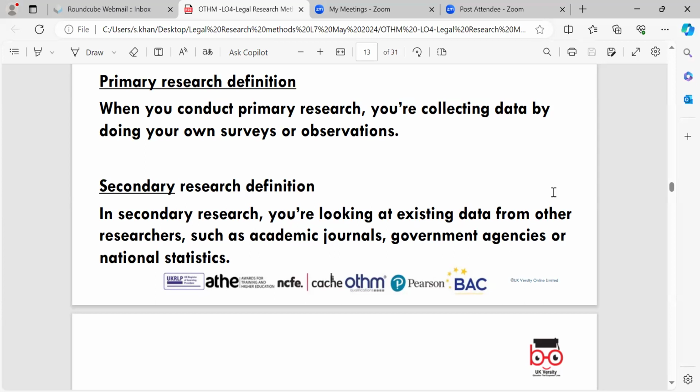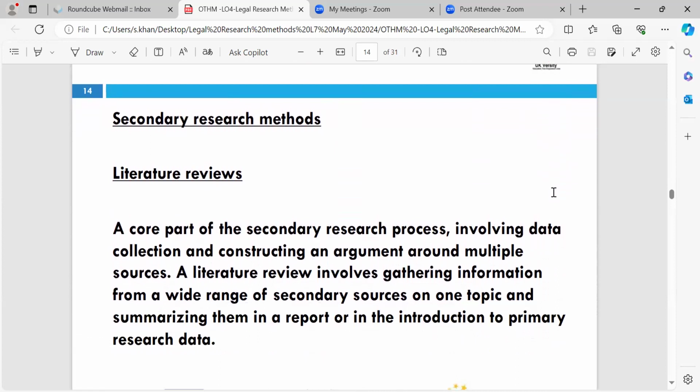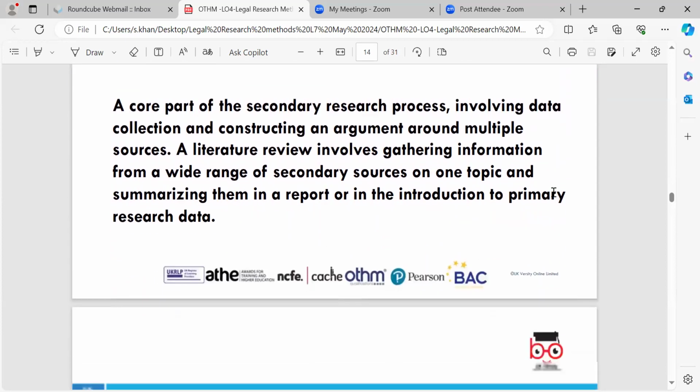So newspapers, blogs, any sort of research from forums, debates, company literature. Review is a big part of secondary research as well, which we're going to be looking at next. A core part of the secondary research process involving data collection and constructing an argument around multiple sources. A literature review, which you're going to be doing in regards to your research project, involves gathering information from a wide range of secondary sources on one topic and summarizing them in a report